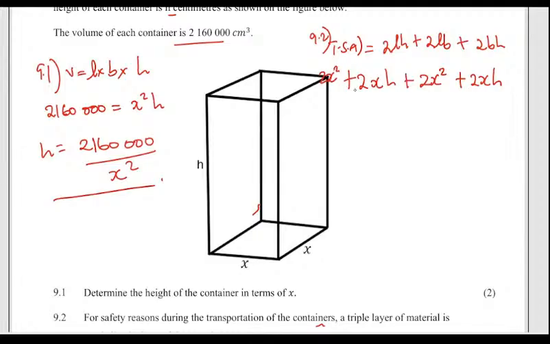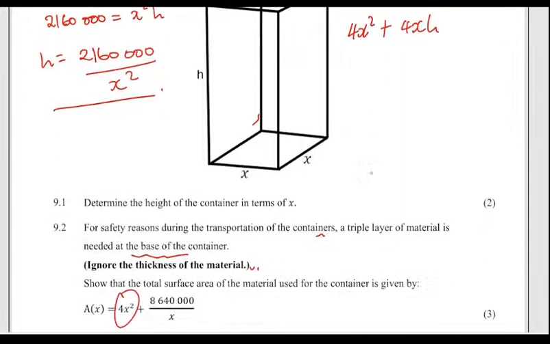So 2 layers and then the third layer. So meaning that we're going to have 4x squared plus 4xh. So we already have the 4x squared from the question. Perfect. So for h, we're going to use that. So it's 4x squared plus 4x multiplied by